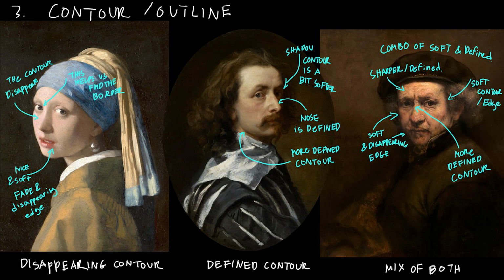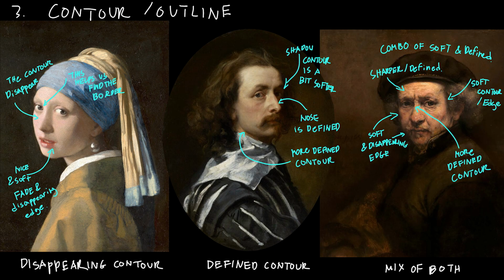So now we've learned a little bit about the colors that each artist used for their skin texture and skin tones, in modern colors, or colors that we use today. Now we're going to take a look at the contour and outline of each painting and see what's similar and what's different. Definitely the Girl with a Pearl Earring has a lot more